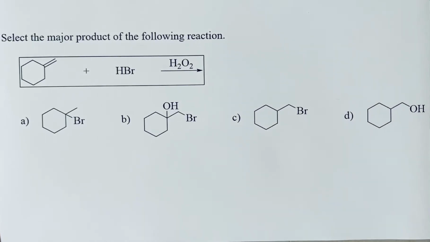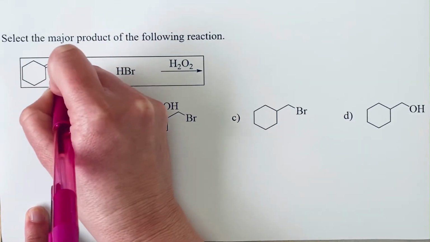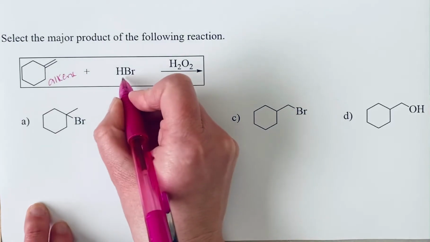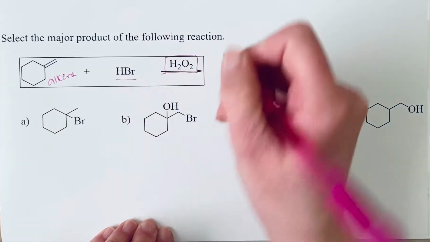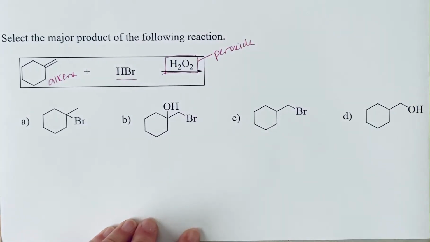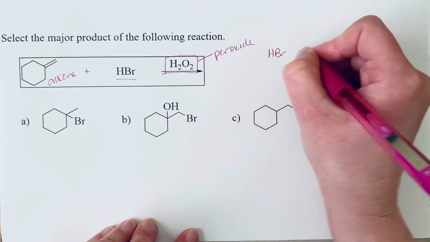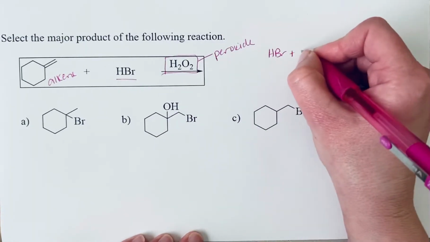Select the major product of the following reaction. So in this reaction, we are starting with an alkene, and we are adding to that hydrobromic acid, and we have something else in there. We have peroxide. And so when you have hydrobromic acid, specifically, this only happens with HBr, and a peroxide,